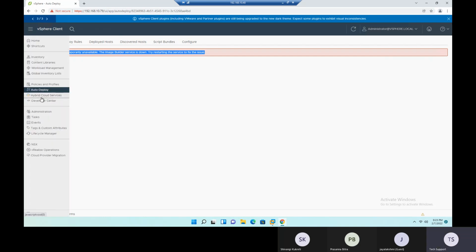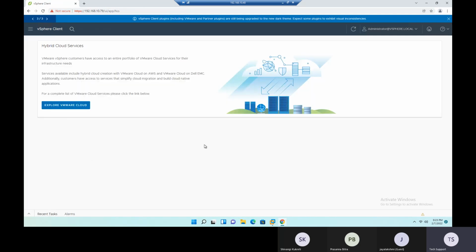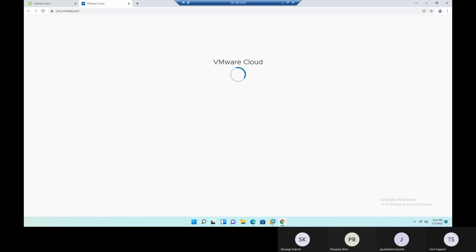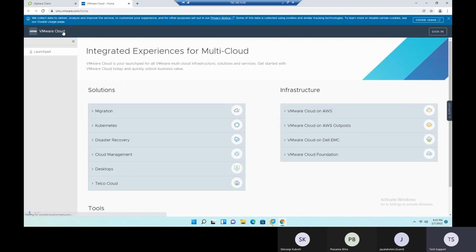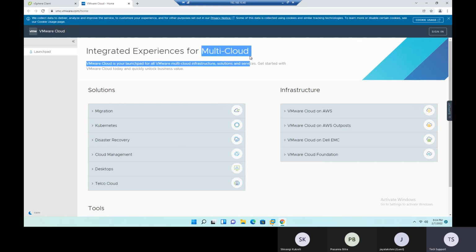Okay, and also there is a feature for hybrid cloud services. See, under hybrid cloud services, they have given explore hybrid cloud information. If you want to explore the VMware cloud, just click here. It will redirect to the VMware website. See here, nowadays VMware has also expanded and is supporting so many clouds. So if we are using multiple clouds, we call this a multi-cloud. So not only hybrid cloud, it supports multi-cloud. But